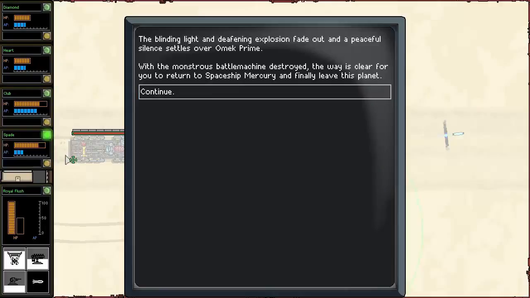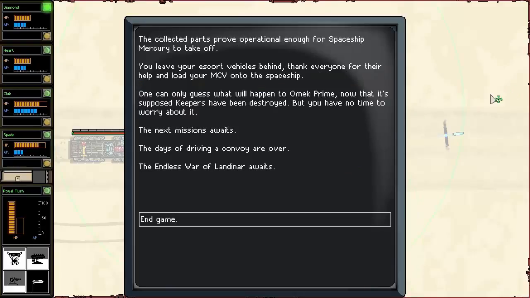But it's a scary battle, because if you let things get out of hand, you can take a ton of damage extremely fast. Oh, we did it. The collected parts prove operational enough for Spaceship Mercury to take off. We leave our escort vehicles behind, thank everyone for their help, and load our MCV onto the spaceship. One can only guess what will happen to Omek Prime now that its supposed keepers have been destroyed, but we